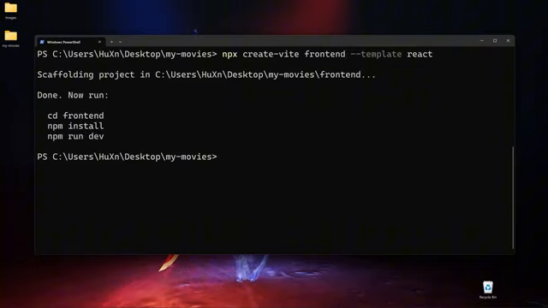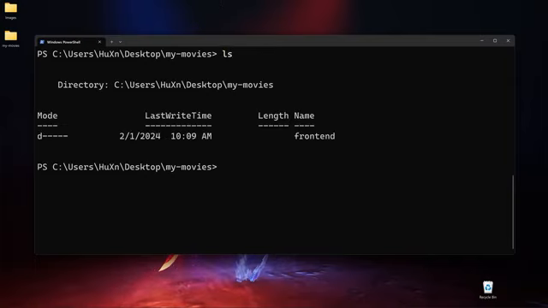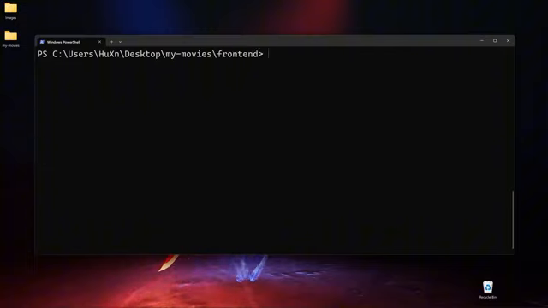And now what we want to do is go into this front end folder right here. So we are currently inside the desktop, and inside our desktop we have my movies project, and then inside my movies we have this front end folder right here. You know what, let me just show you that. I'm going to use ls right here, and here you can see we only have this front end folder. And now I'm going to go into this front end folder, and then I'm going to